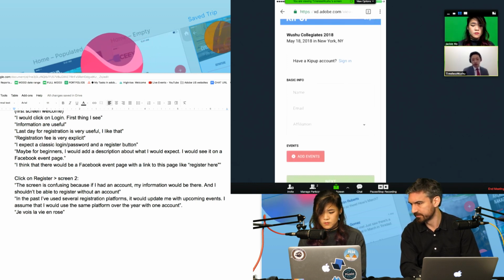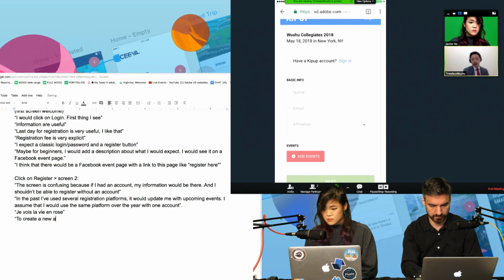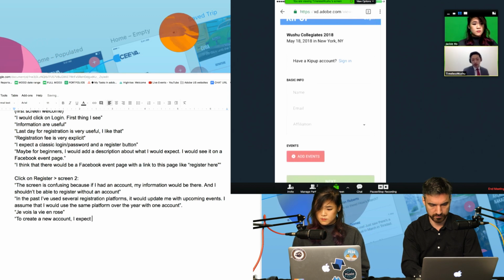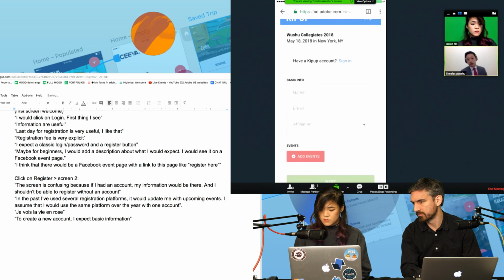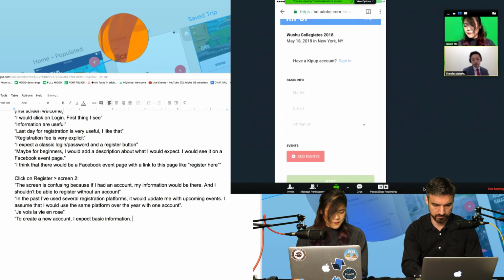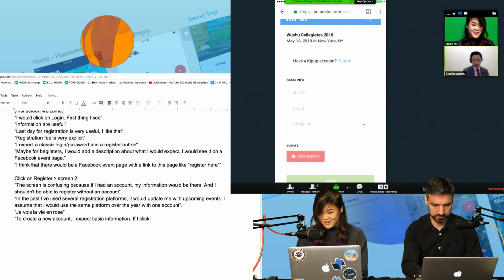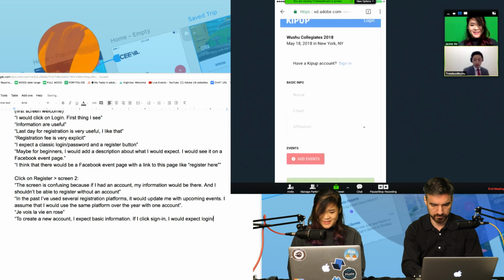Just what you would typically see when creating a new account. Oh yeah, I guess this is sign in instead of create new account. So in terms of sign in, I would just see a username and password. Gotcha. Cool. Go ahead and click on sign in.